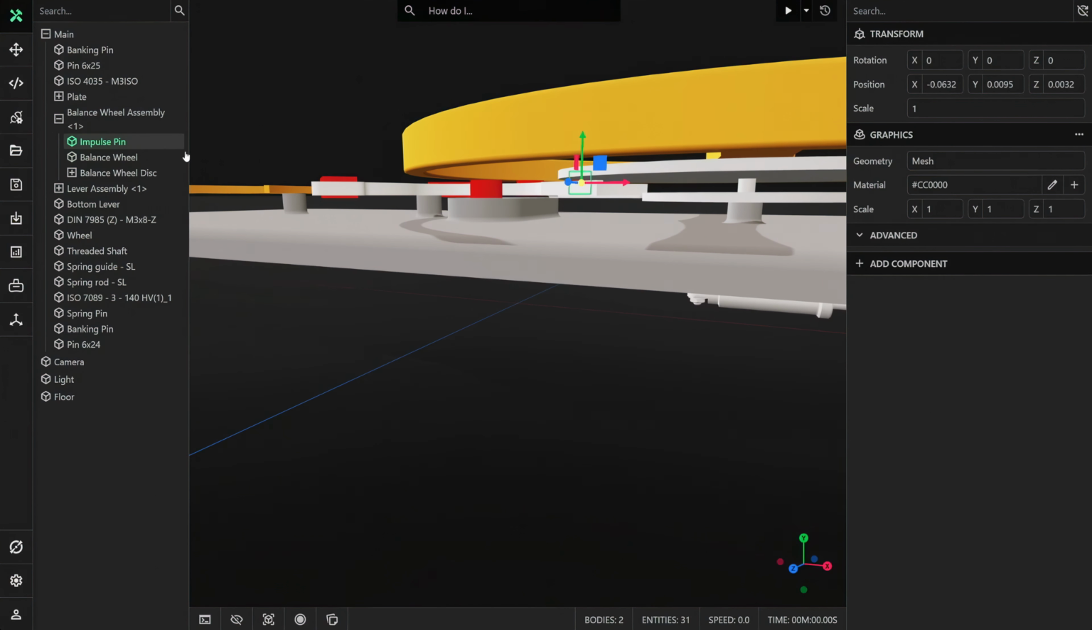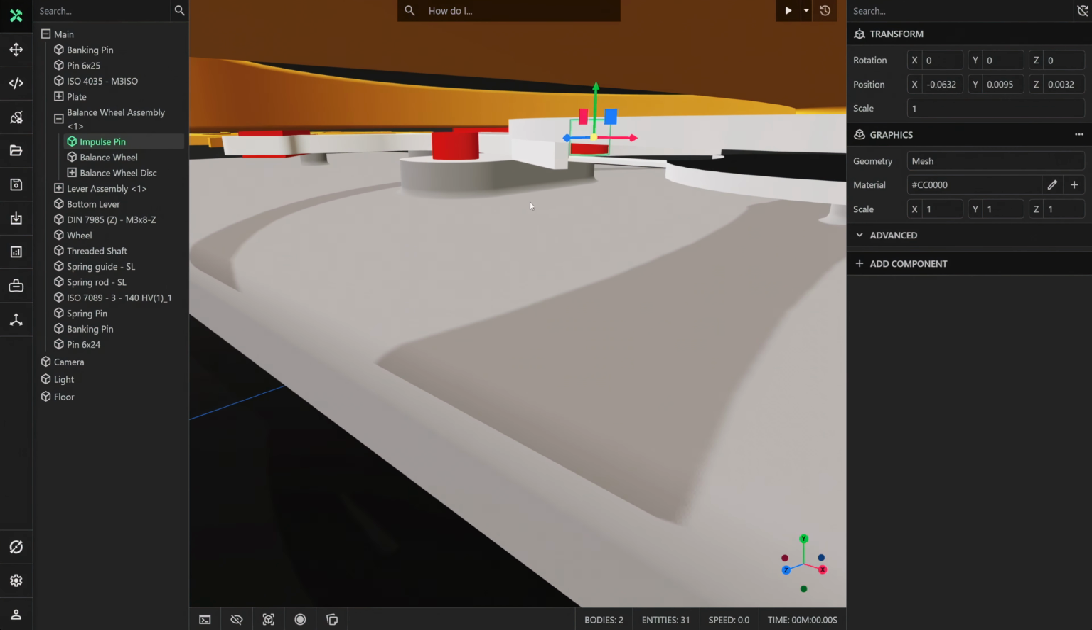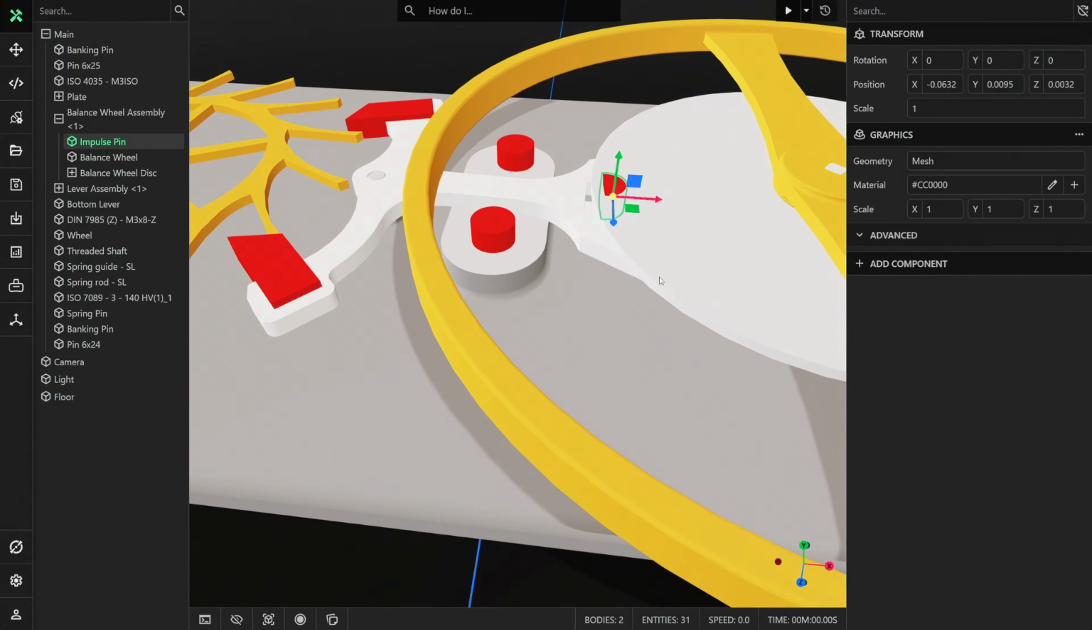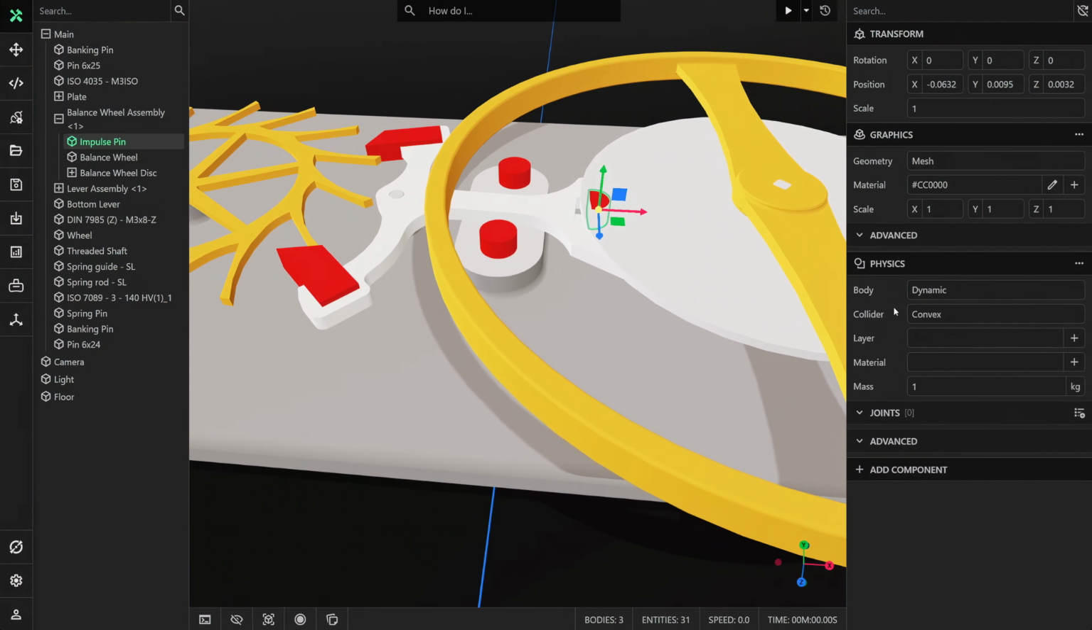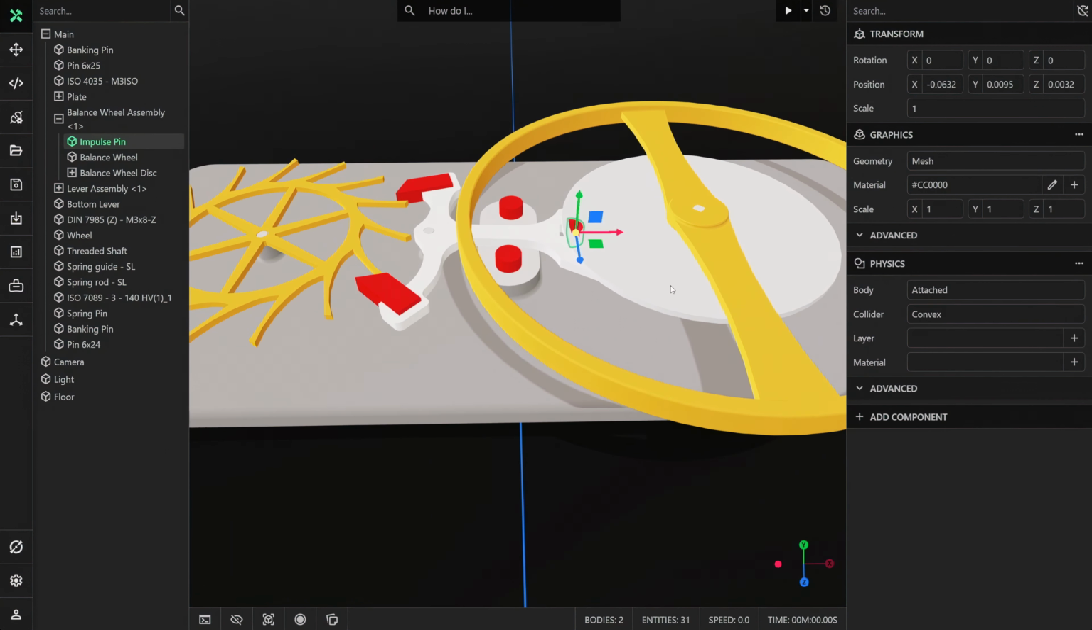I'll then select the impulse pin underneath the balance wheel, which is this red part you see here. I'll then add a physics component again and set the body type to attached, which will attach the collider to its parent. With the physics now correctly configured for the balance wheel, we need to begin configuring the physics for